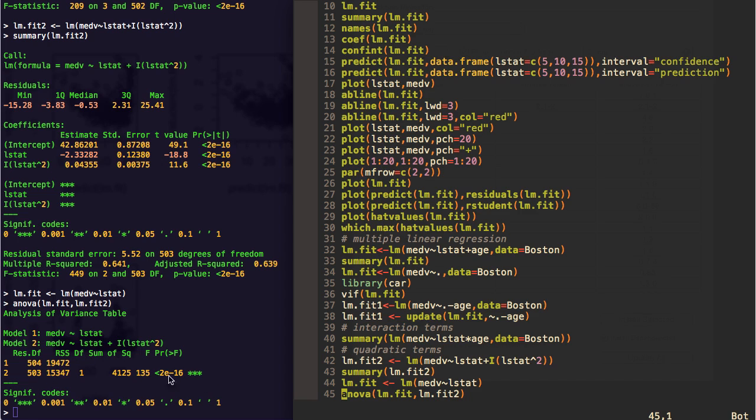And this is the p-value for the F statistic, and its significance tells us that indeed the full model containing the quadratic term is